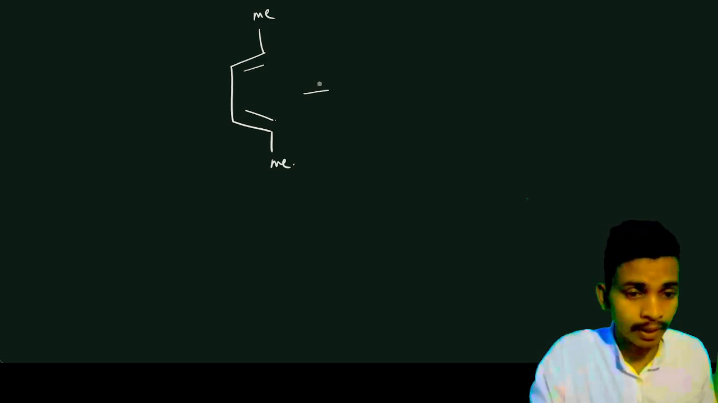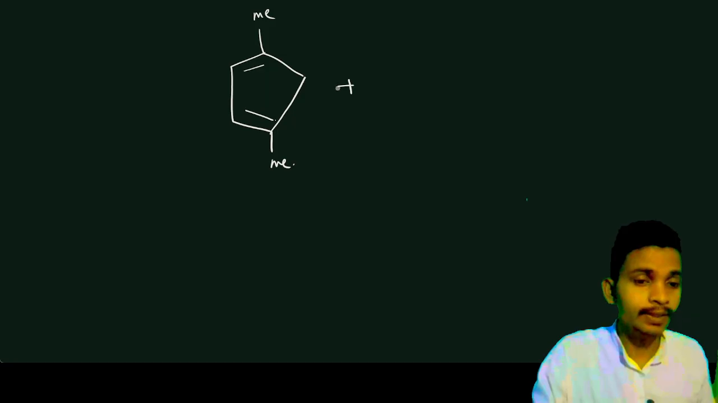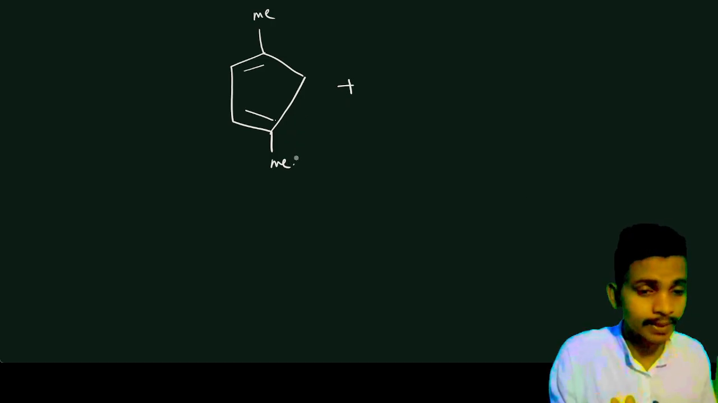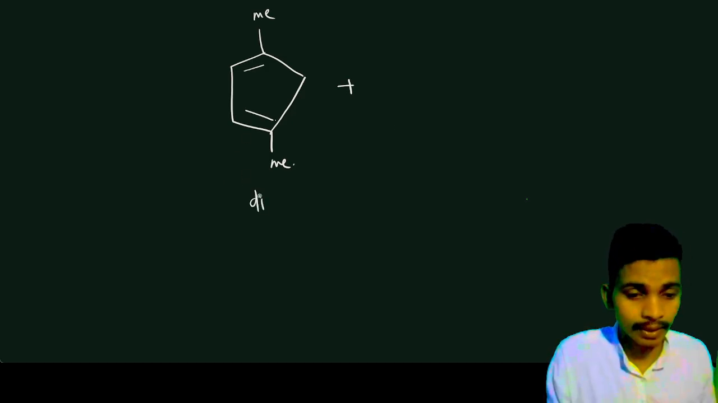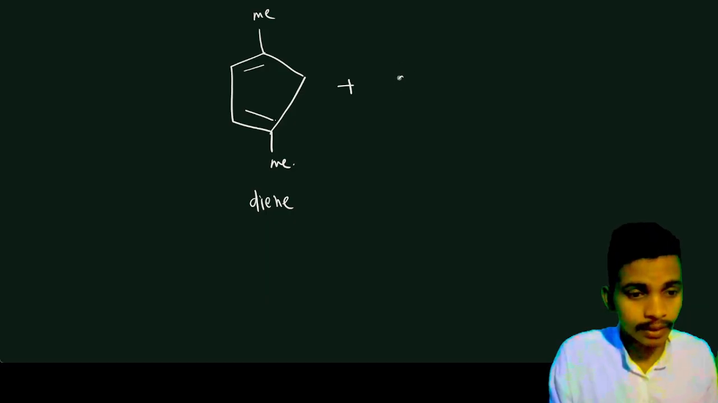Now, here we have the dienophile. Wherever I discuss the exo product and the endo product, I said that the diene will remain the same, but the orientation of the dienophile will change. It means the diene will remain as it is, but the orientation of the dienophile will be such that either the oxygen will be here,